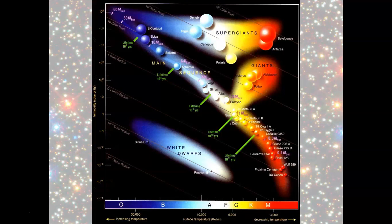So here is an example of one of these Hertzsprung-Russell diagrams. It's a plot of luminosity versus temperature. Technically, it's a plot of magnitude versus temperature, because what we actually observe is a star's magnitude, but that can then be converted into a luminosity using a formula. So using this scheme, we see our red dwarf stars down here in the lower right, and then we have our blue giant stars up here, and then blue supergiants over here, and then red supergiants up here in the upper right part of the HR diagram, as it's often called,